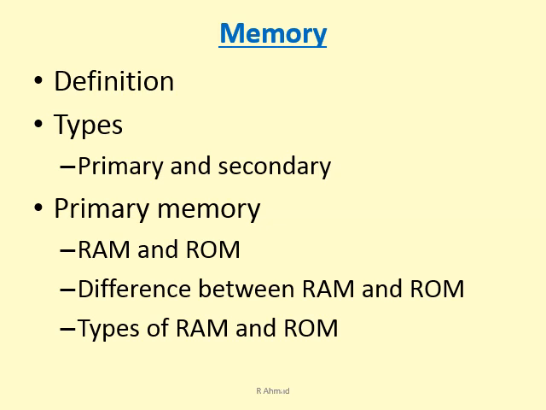So 1024 bytes make 1 kilobyte, then 1024 kilobytes make 1 megabyte, 1024 megabytes make 1 gigabyte, and so on. So this is a very important concept, children, that every time we are storing data inside a computer, it is talked about in terms of bits and bytes, kilobytes, megabytes, gigabytes, terabytes, and so on.